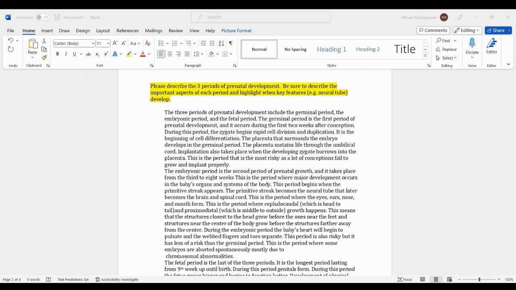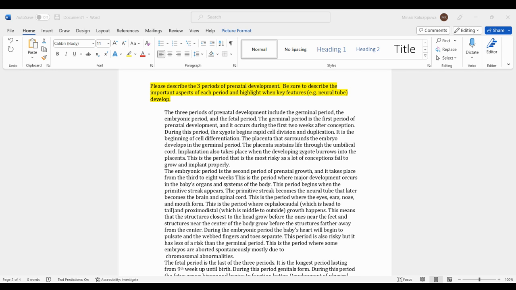The germinal period is the first period of prenatal development and it occurs during the first 2 weeks after conception. During this period, the zygote begins rapid cell division and duplication, and it's the beginning of cell differentiation. During this time, the placenta is also developing, which is what surrounds the embryo. The placenta sustains life through the umbilical cord, and implantation also takes place when the developing zygote burrows into the placenta. This is the period that is the most risky, as a lot of conceptions fail to grow and implant